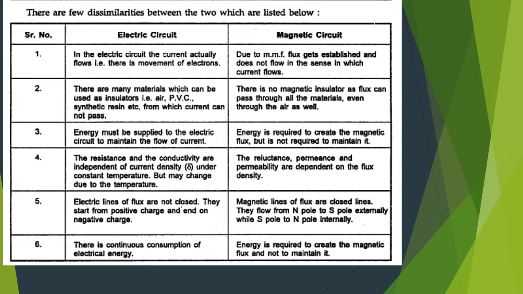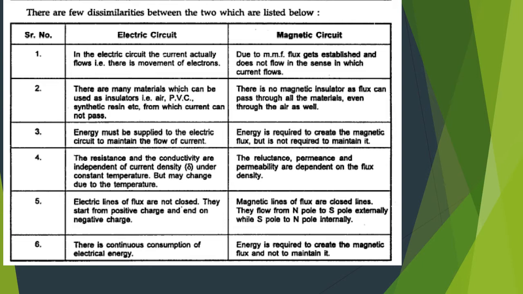For that purpose, we calculate the flux density: we take the area of cross section A and say B is equal to phi by A. Again, most importantly, the permeability of that material, mu, is equal to mu 0 into mu R. Now we get, yes, flux does not actually physically flow like current, but it gets produced over there.